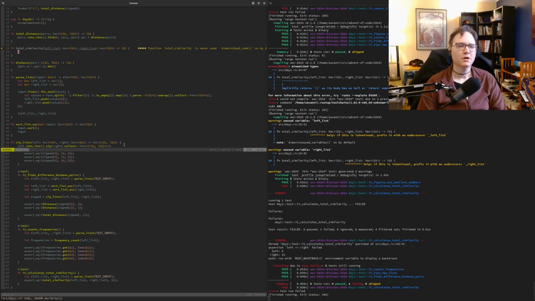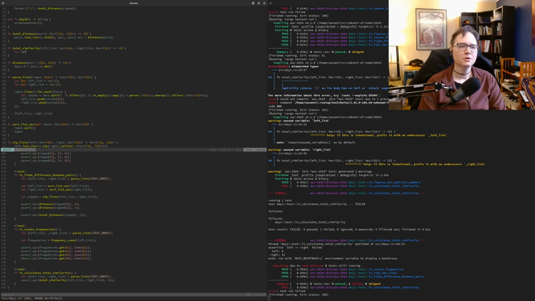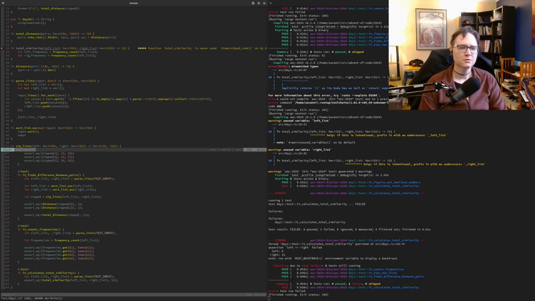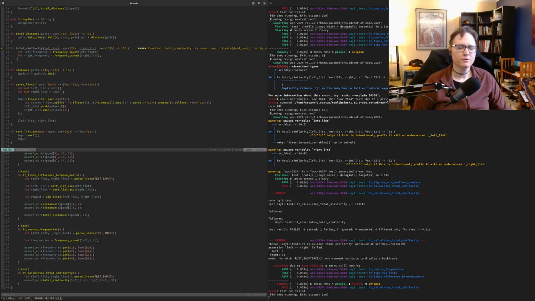Perfect. Okay, so the left frequency, frequency count left list. Do the same with right. Now, I want to, for every element in the left list, try to find that element in the right list.